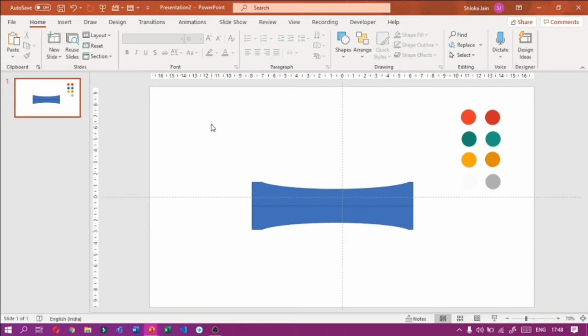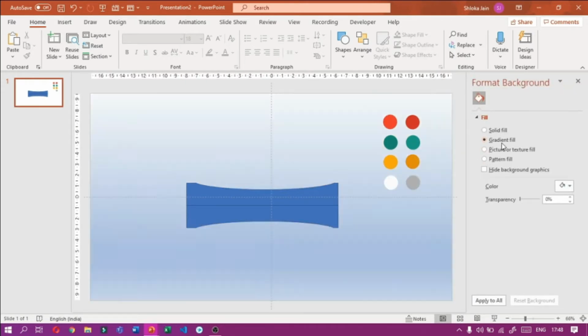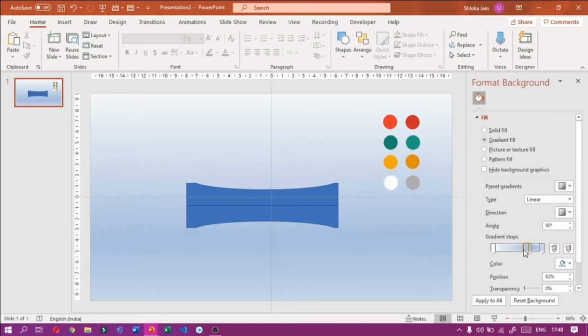Then we have to right click on our background and go to format background. Then we have to do gradient fill and then we have to delete all of them. We need only the two, one at extreme left and one at extreme right.